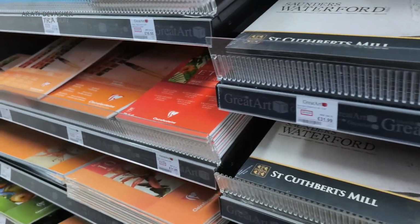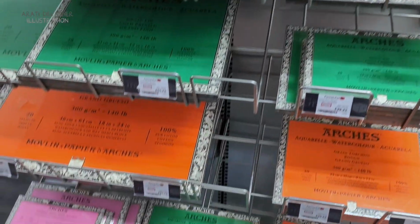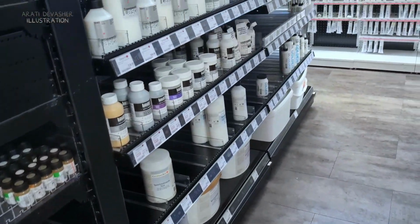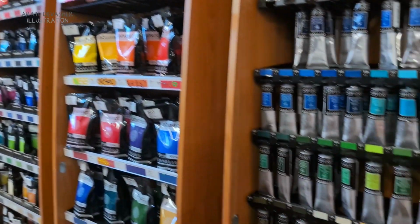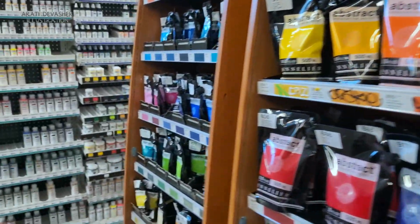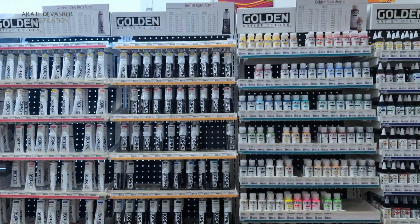Again, more paper down this end. The paper is pretty never-ending. And there's Arches, or Arche, however you want to pronounce it, down the end of that aisle. Moving on to acrylic mediums, gels, paste surfaces, and then on the opposite side, more acrylic paint in various different brands. There are even these pouch ones, which I hadn't seen before,